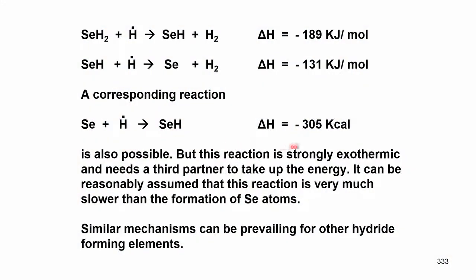So, you need a third partner to which the radical will get attached, and that radical will react with selenium to produce selenium hydride. So, this reaction, selenium plus H dot radical, even though it is